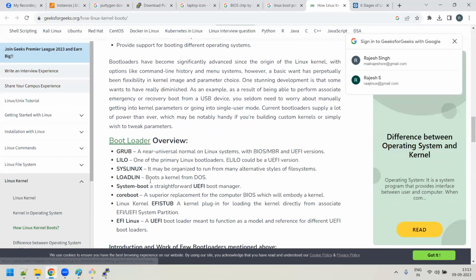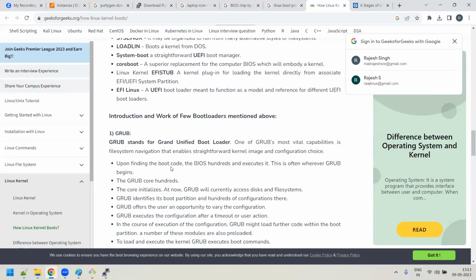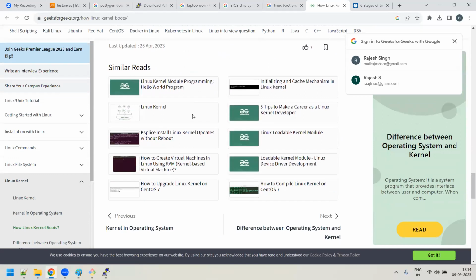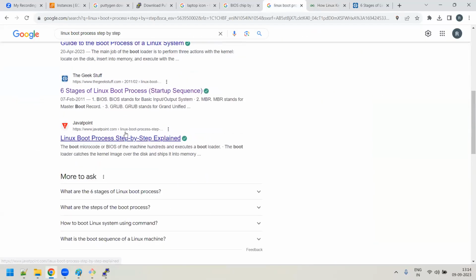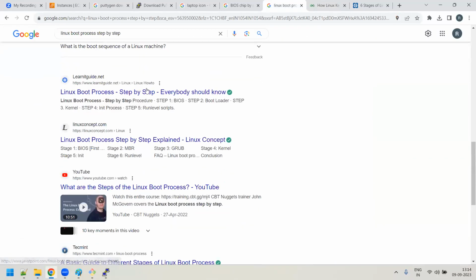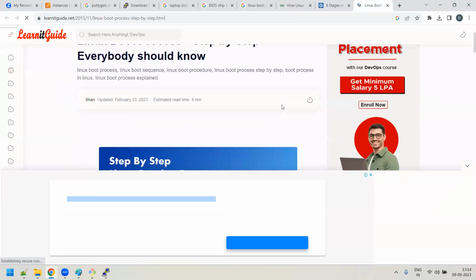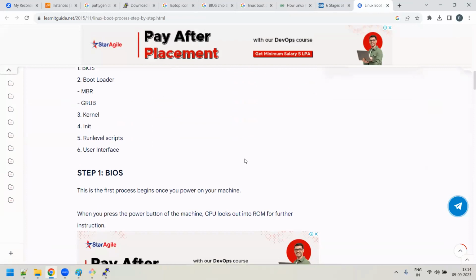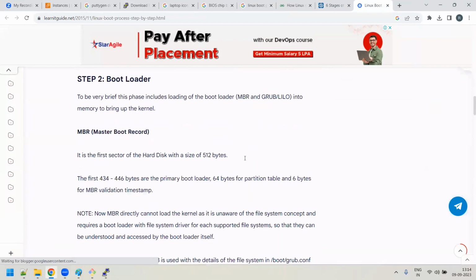LILO bootloader, system core, EFI Linux, okay, GRUB. No, sir, I think they have removed it. It's not there actually. I used to read the articles step by step. Startup_32 start code, that everything is there actually. So they made it more simple, sir. But whatever I said is this way.